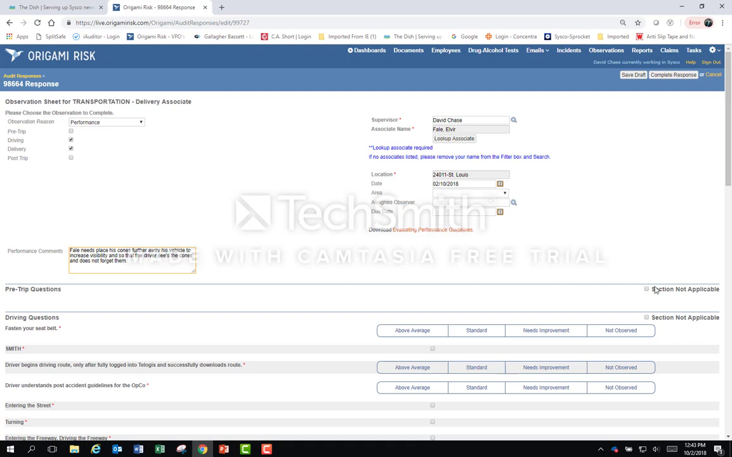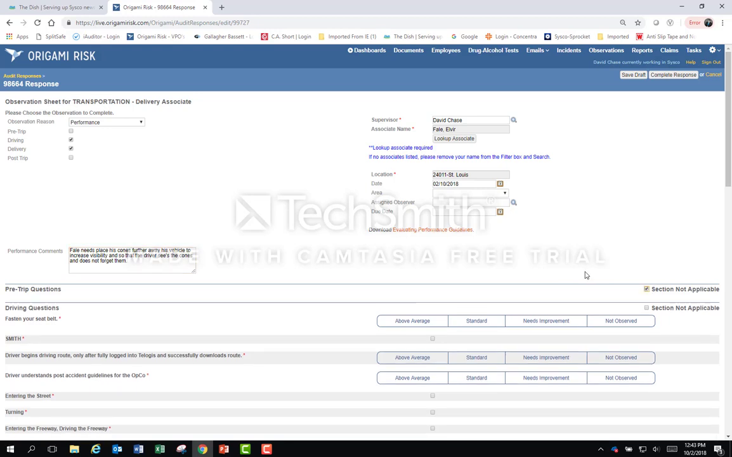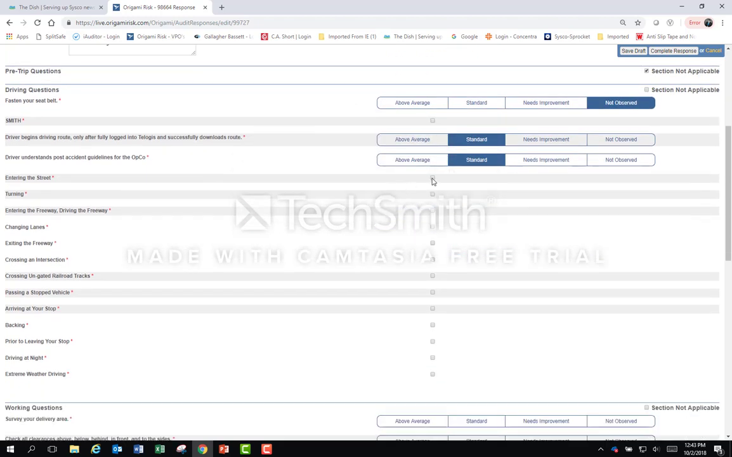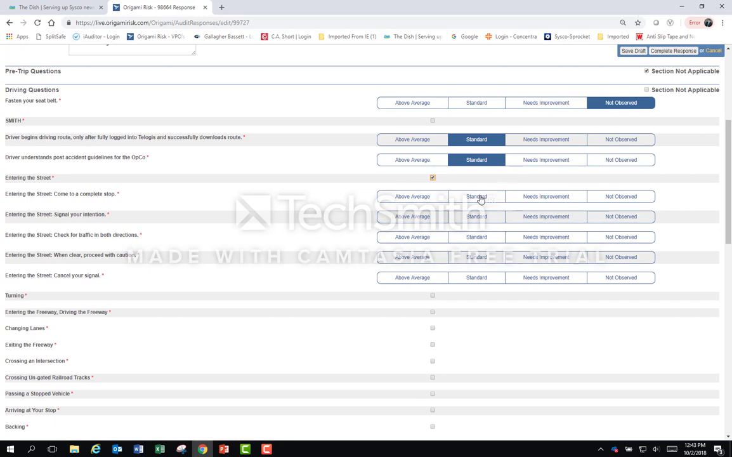So in this case, I did not watch him perform a pre-trip, so I'm going to make that section not applicable. Driving questions. I did not see if he had a seatbelt on. And he was logged into Logis because I was following him to his location. And I do know he understands post-accident guidelines for the OPCO. I did watch him enter the street. He did come to a complete stop. He did signal his intention to turn. And he did appear to check for traffic in both directions, and he proceeded when he was clear,